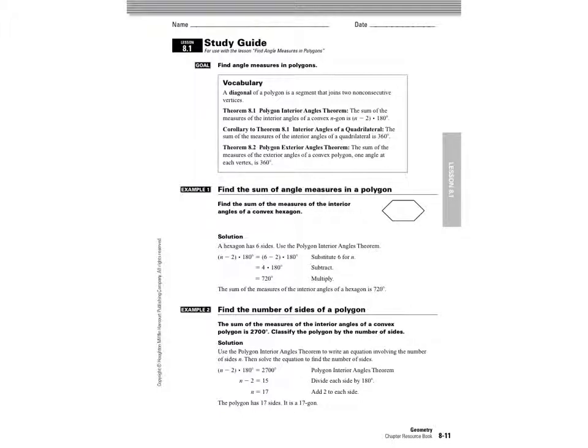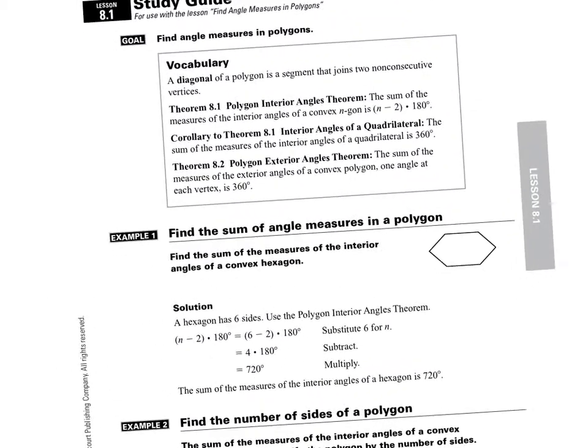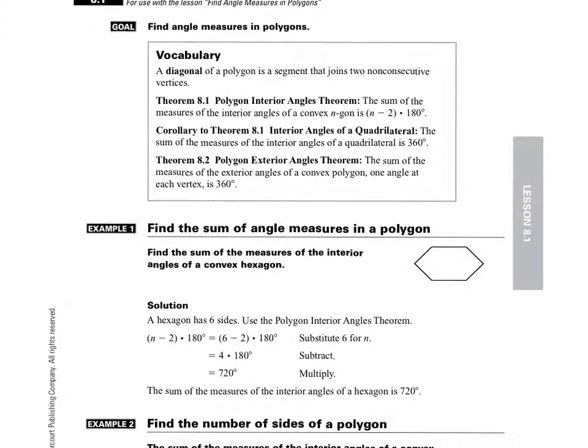Now, the first part of the test is going to be looking for the sum of the measures. So like what we did in 8.1. So the formula here that we learned in Theorem 8.1, the n minus 2 times 180, you're going to need to know that formula. Okay, I'm going to ask you to find the sum of the interior angles. I may ask you to find one individual interior angle. So know this formula from